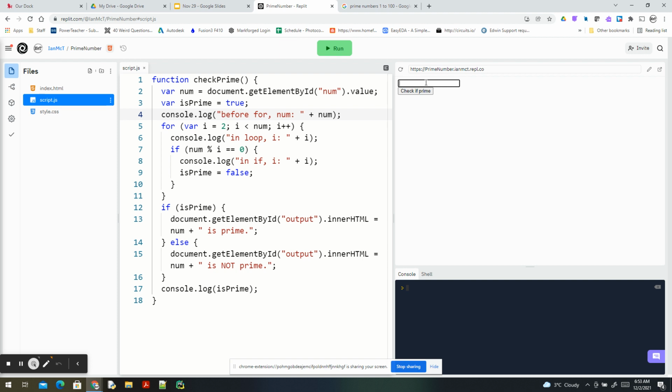Okay, when I run this, let's pick 5. So what happens before the loop? The number is 5. So it goes in the loop. I is 2, I is 3, I is 4. Okay, there we go. Now, if I try 6,